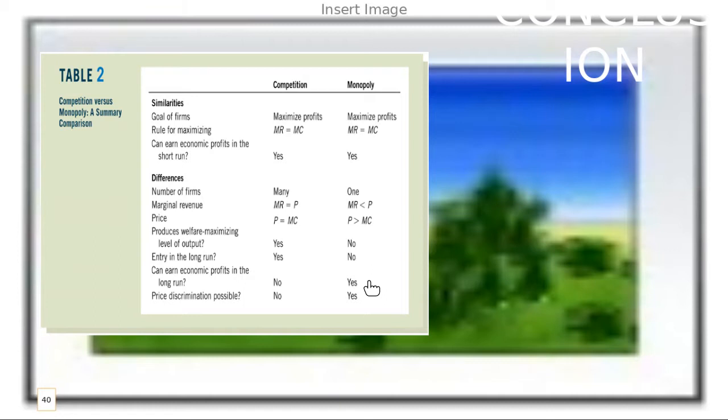But this leaves us wondering, is there an in-between space? If monopoly is a single firm and competition is a lot of firms with ease of entry, what happens if you have an industry where you have a lot of firms, but they each have their own unique product, even though they're similar? That's what we're going to get into next chapter with the introduction to monopolistic competition.